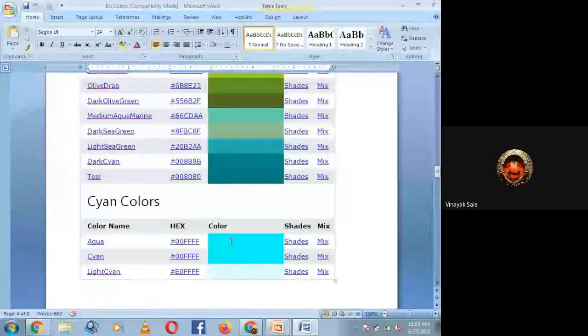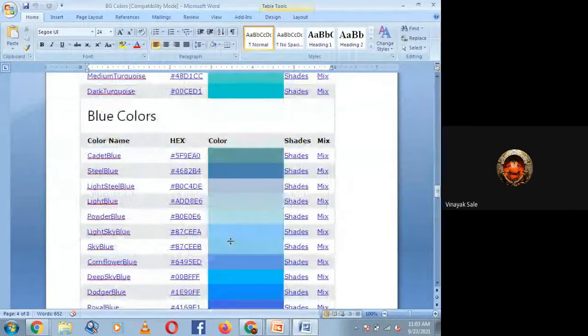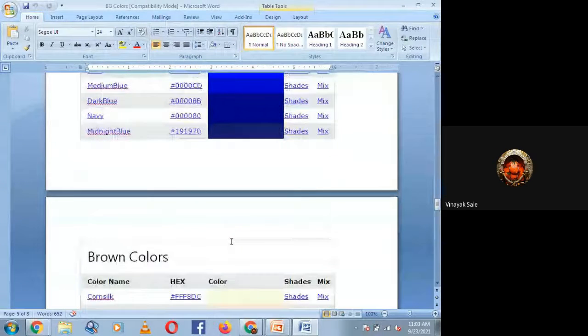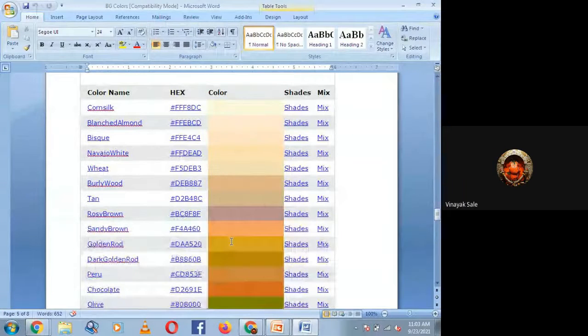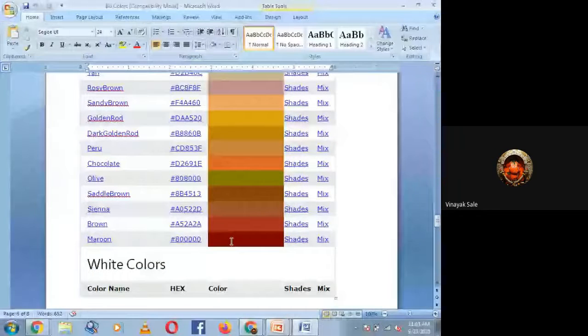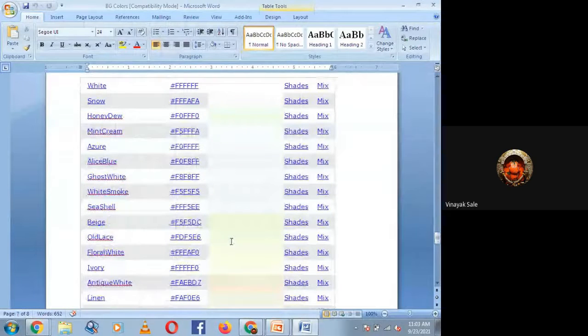Then cyan color, blue color, brown color, then white color. See, here are different shades.